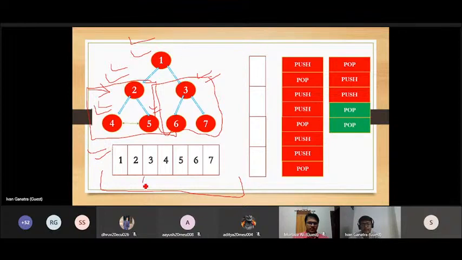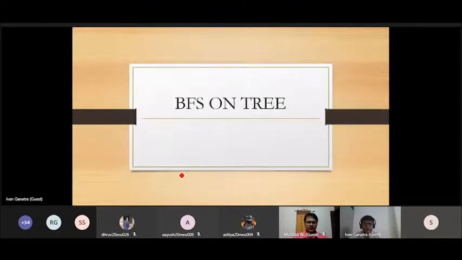रखना है कि ये प्री ऑर्डर ट्रेवर्सल है। सो प्री ऑर्डर ट्रेवर्सल करने के लिए हम स्टैक का यूज करते हैं, एंड पोस्ट ऑर्डर एंड इन ऑर्डर ट्रेवर्सल भी हम स्टैक के थ्रू कर सकते हैं। आपको ये करके लाना है कि आपको देख के आना है कि इसको कैसे करते हैं, राइट। ये आपका होमवर्क है। सो अभी के सेशन में हमने डीएफएस को देख लिया एक बार, राइट। सो सर मैं बीएफएस भी कंटिन्यू करूं या कुछ एक्सप्लेनेशन